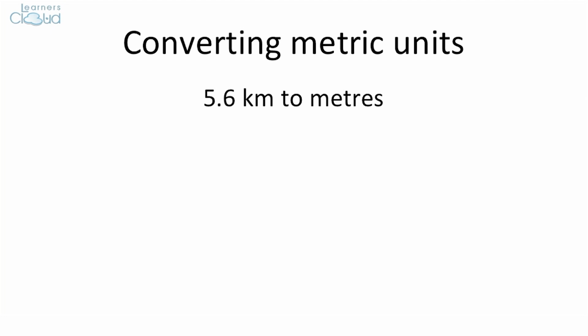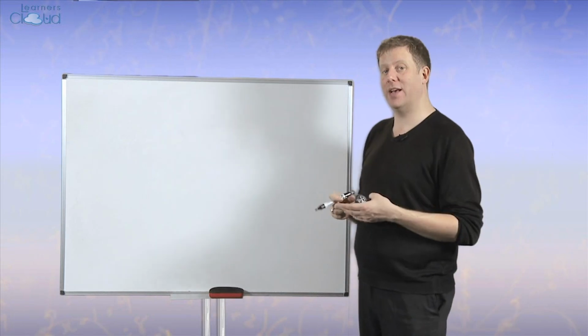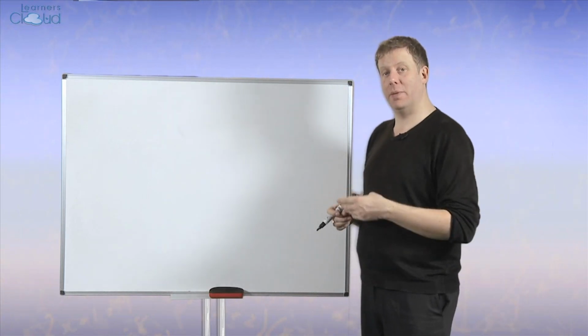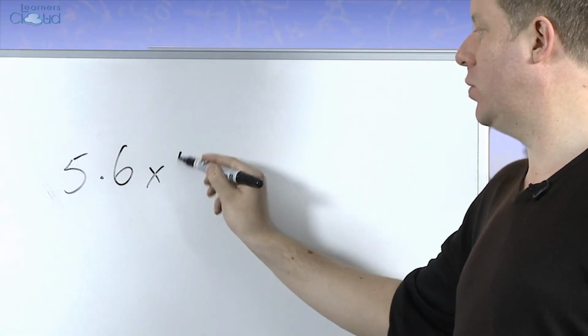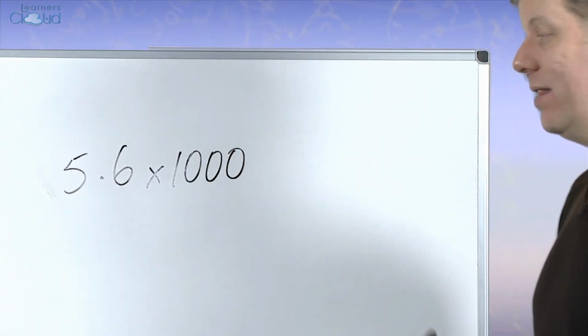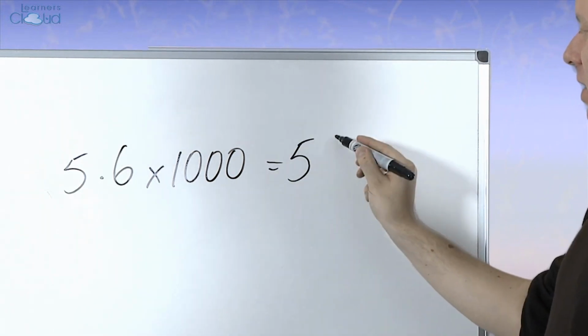Another one, 5.6 kilometres turned into metres. So we know that each kilometre is 1,000 metres. So this is going to be a multiplying question. 5.6 multiplied by 1,000, that's how many metres there are in a kilometre, and it would give me an answer of